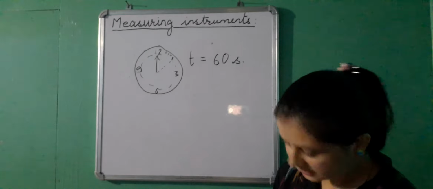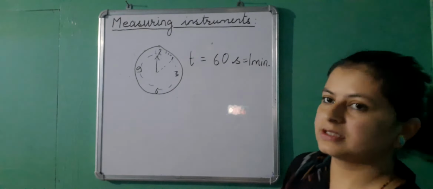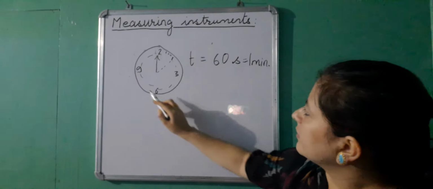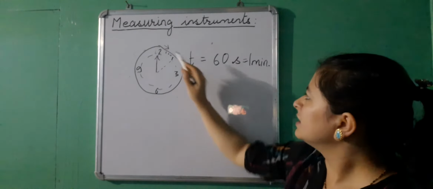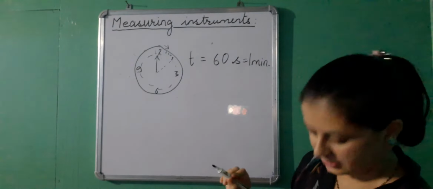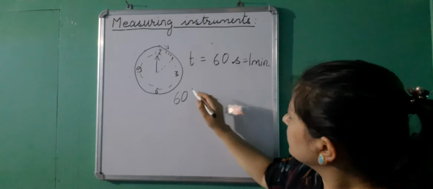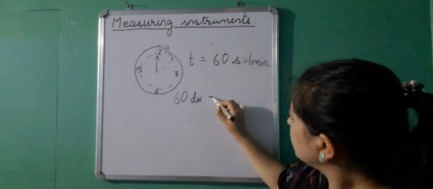That means it has covered 1 minute. All right, now this is a total revolution. When it just ticks once, all right, so it has ticked 60 times to give you 1 minute. So 60 ticks or 60 divisions is equal to